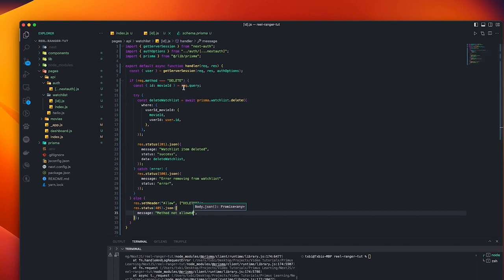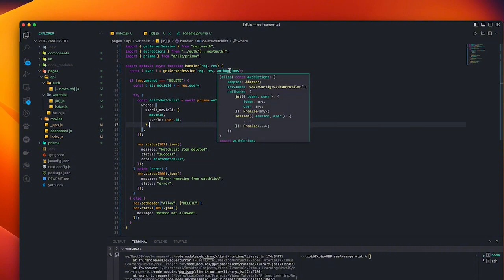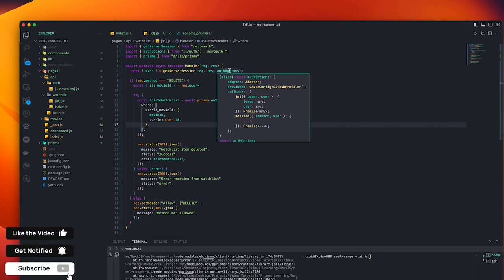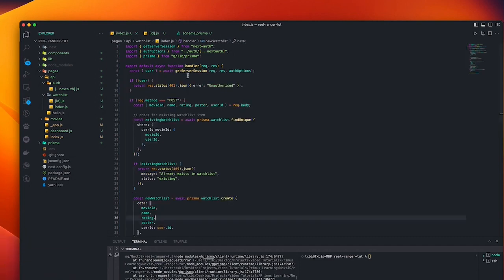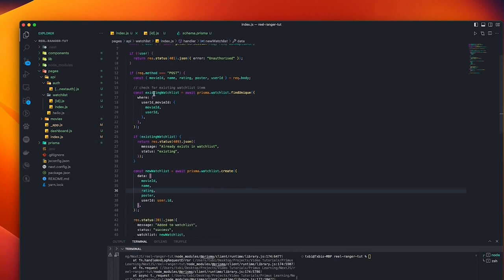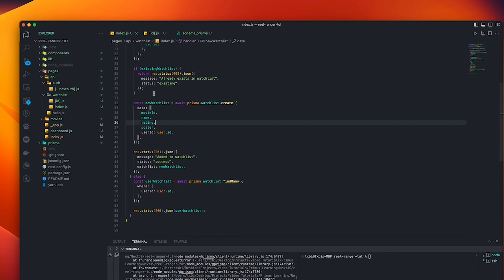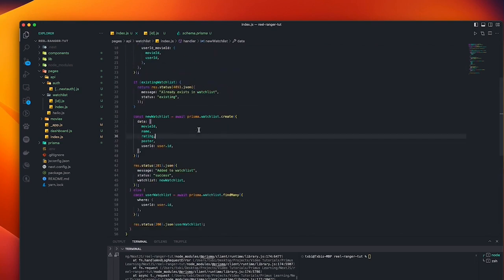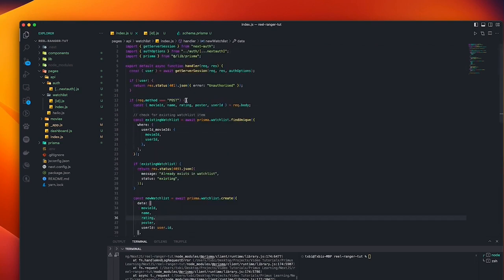And we've implemented the API route to handle the deletion of movies from our watchlist. And in the next part of our videos, we will be consuming these API routes that we've defined. So first off, we've looked at what API routes are, which are serverless functions. And as you can see here, we've defined an API route for our watchlist, which is going to handle fetching or retrieving movies we've added to our watchlist in our database, and a post request to handle adding movies to that